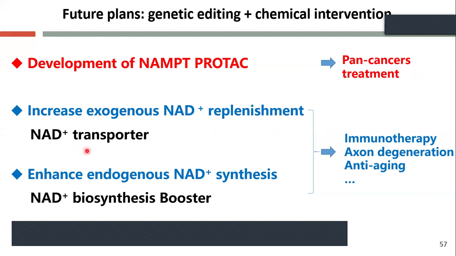And for the immune cells as well as for the neuron cells, we have developed two strategies to enhance the NAD replenishment. One is exogenous NAD replenishment by engineering the NAD transporter. The other way is we are trying to develop NAMPT activators to enhance the endogenous NAD biosynthesis. With these two directions, maybe we can finally address questions like immunotherapy boosting, axonal degeneration delay, as well as